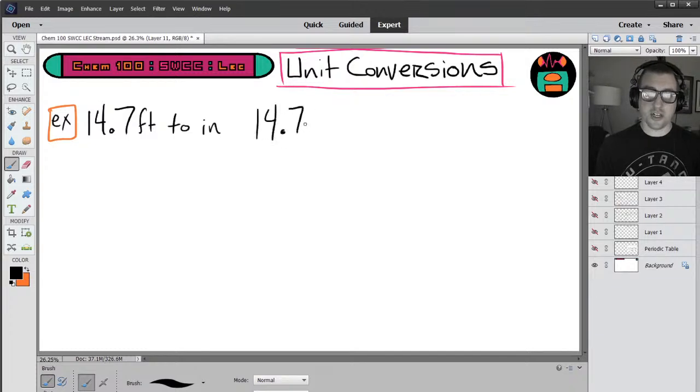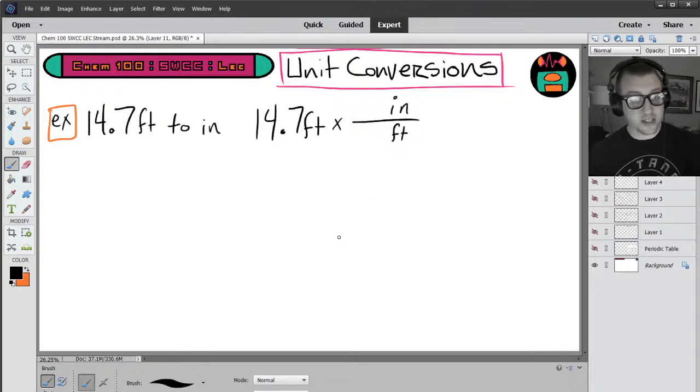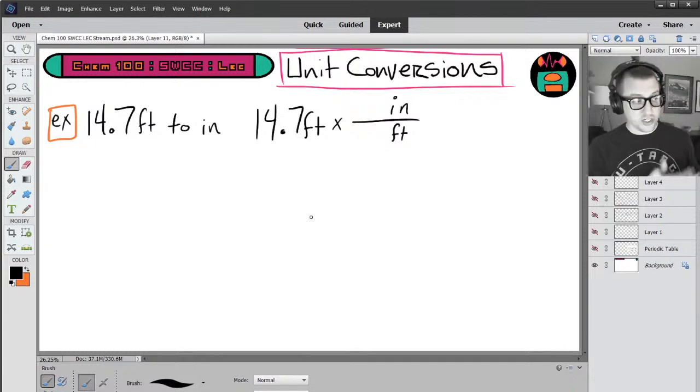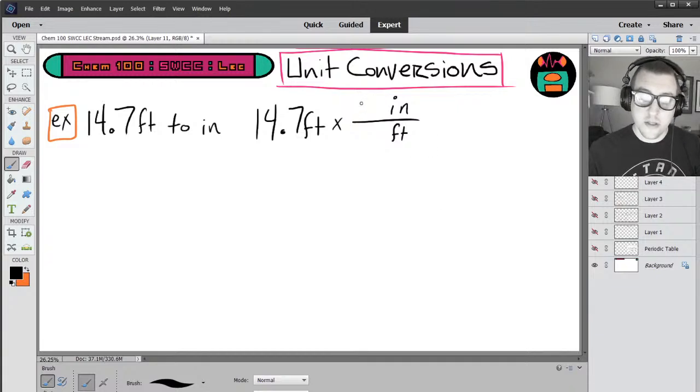is you have to set up your ratio. You have 14.7 feet. If we want to convert from feet to inches, that means we want feet to cancel, so we're going to put feet in the denominator. We want to be left with inches, so that goes into the numerator. Now, I haven't even thought about how many inches are in a foot yet. First, I'm just setting up my ratio. But once I have, now I think, okay, how many inches are in a foot? And the answer is there are 12 inches in 1 foot. And now I'm all set up